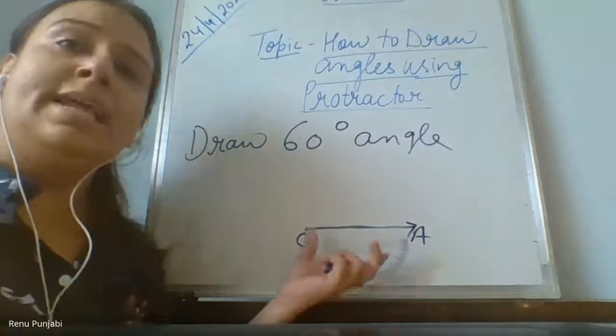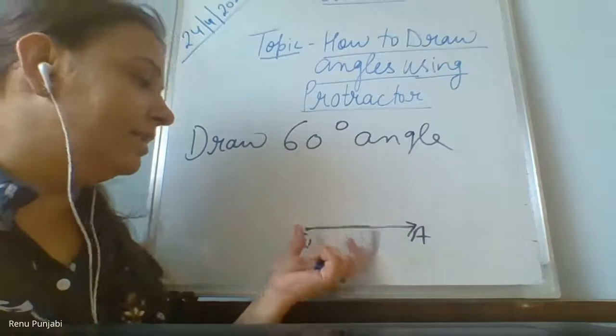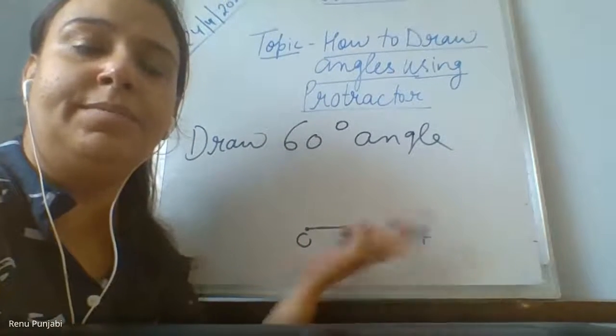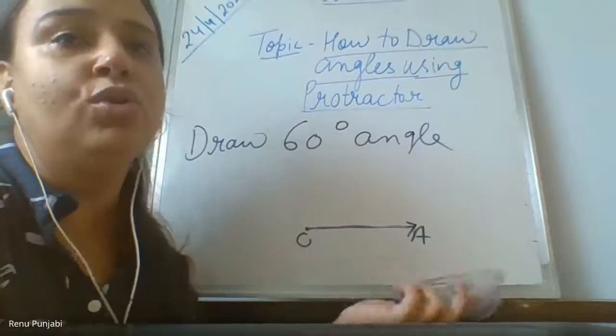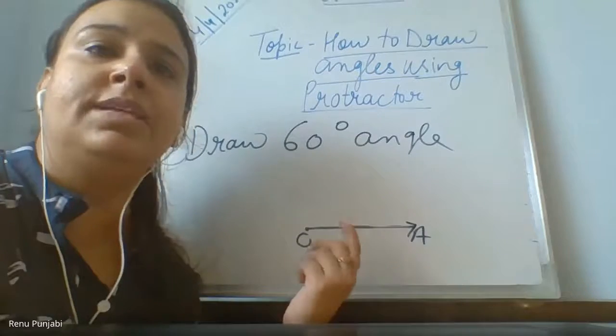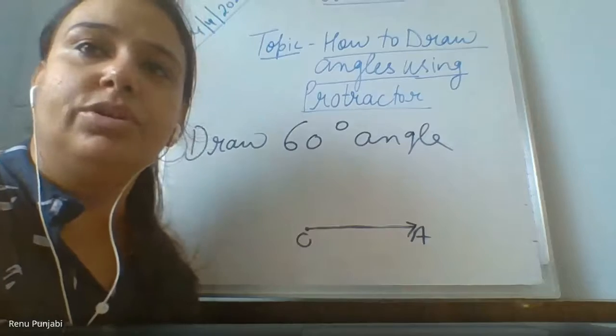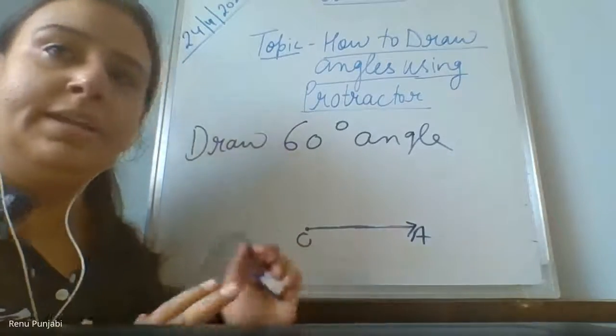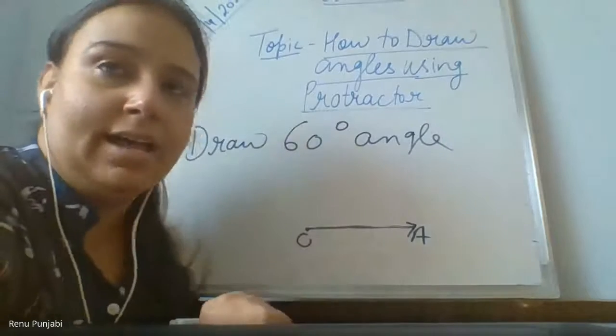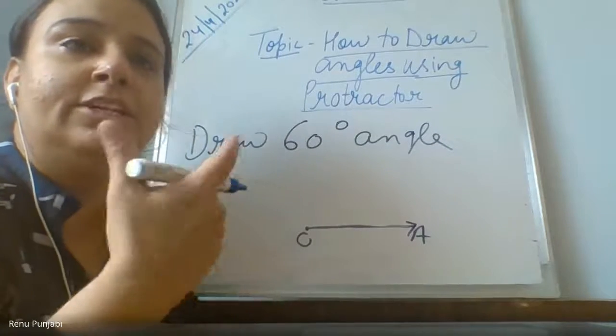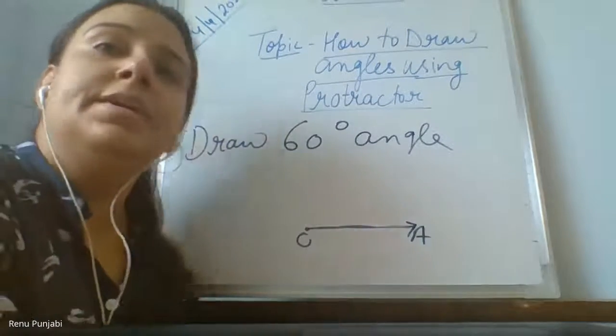Have you all done this? Everyone draw the ray. Name it with any name. You can give D, E, F, G, 1, 2. You can give the names in numbering also, or in alphabets also. Any means any name, your choice, and any length, any measurement, whether it is 2 centimeter, 3, 5 or 4 centimeter.